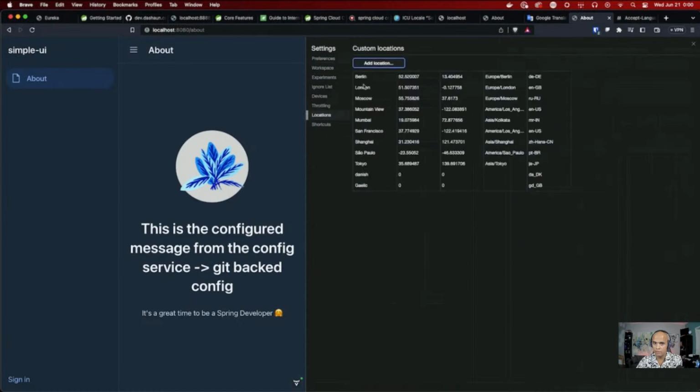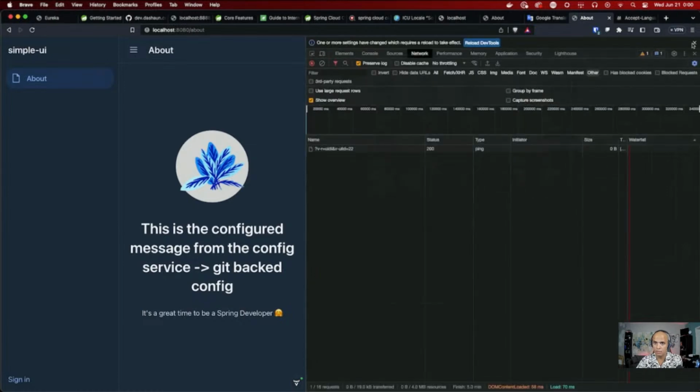It says locations. How do I change my location? Okay, how do I